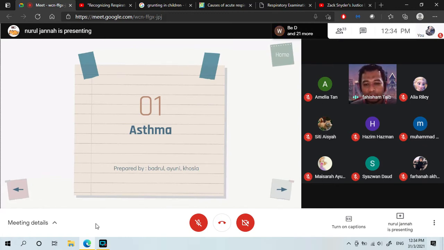rotation here. So it's not about... One is to try to improve on the basics, which is the history, physical examination, and assessment. Management, I think I leave it. You can read a little bit, but that's not the main emphasis here. The main emphasis is to improve on the history, the physical examination, the expected findings, and a little bit about management.